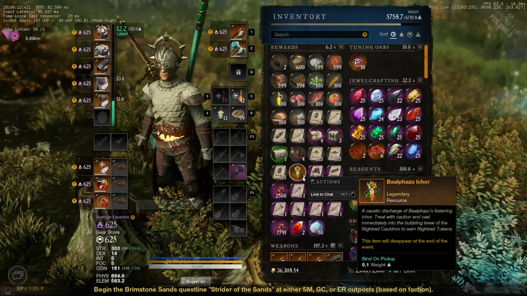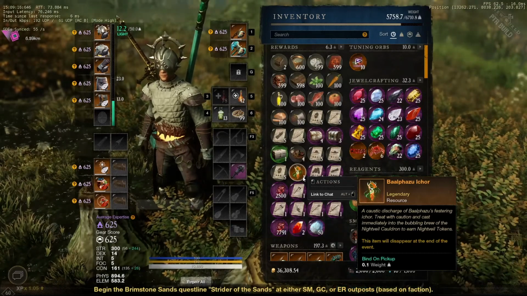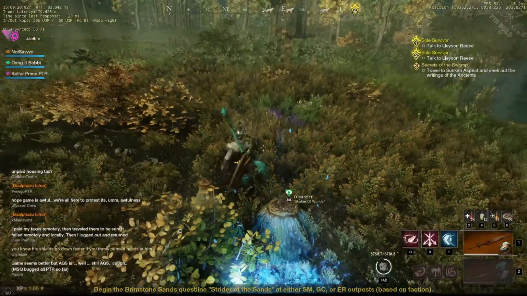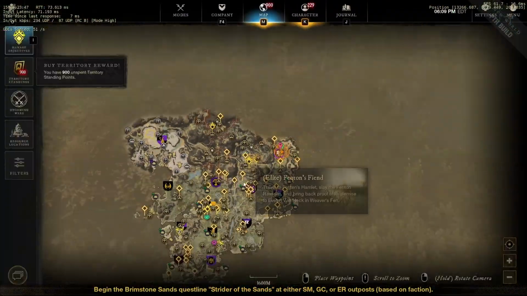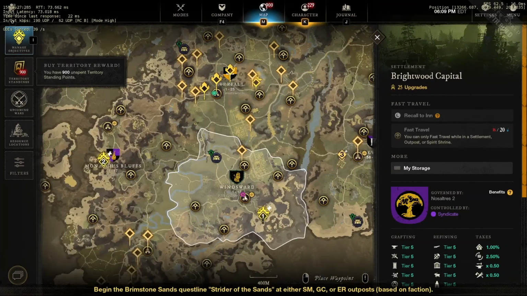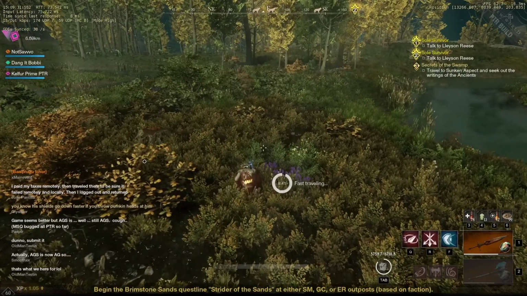In the description, it calls out the fact that you need to use this item and throw it into the bubbling brew of the Night Vale Cauldron, which is part of the Halloween event. So what we're going to do now is teleport to a town so we can throw this item into the cauldron and see what happens. So we're teleporting now,